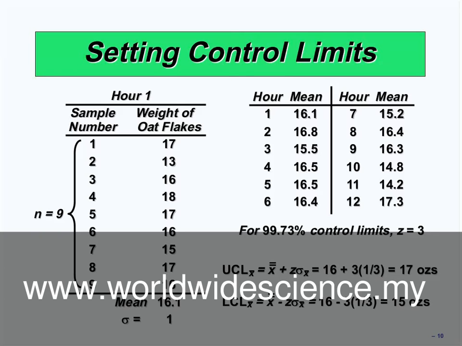These are the numbers in the table on the right. In the first one, the mean is 16.1. The 16.5 is X bar, because it's the mean of the 9 cups. The 16.8 is the mean of the 9 cups. In the third, 15.5 is the mean of the 9 cups. In the fourth, 16.5. In the fifth, 16. These numbers are X bar. X bar bar is the mean of the X bars.